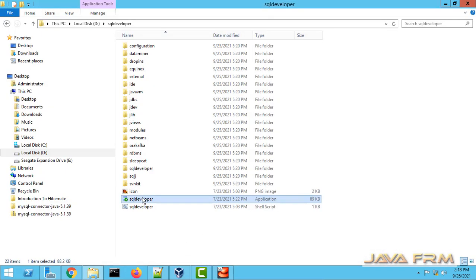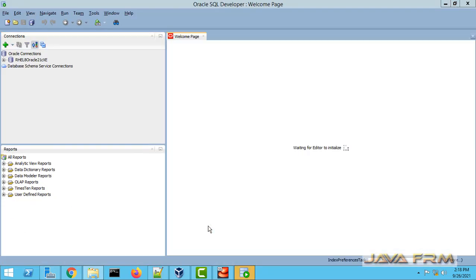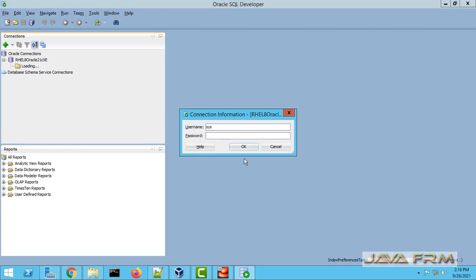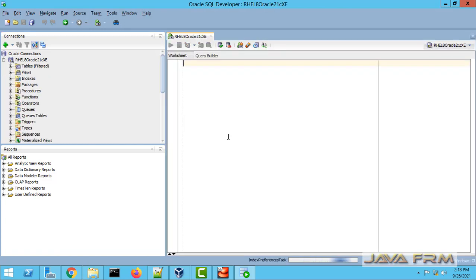Once again I will check with SQL Developer. Yes, I am able to connect to the Oracle Database 21c Express Edition.